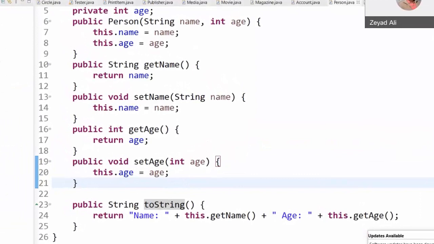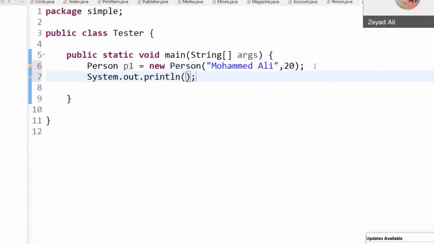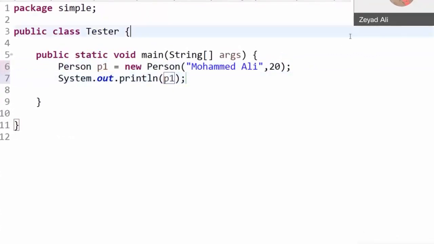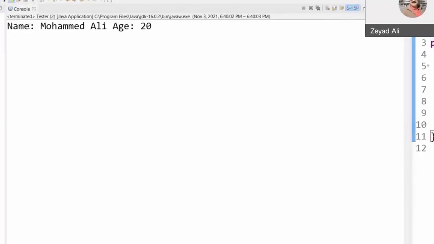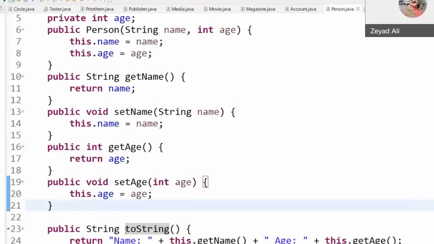So now I'll output the person P1, so we make sure it's working fine. Here we run the person, and name Muhammad Ali, age 20. And this output is coming from the toString method here in the person class.